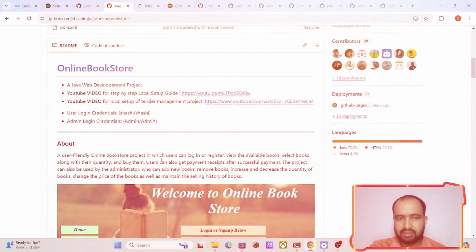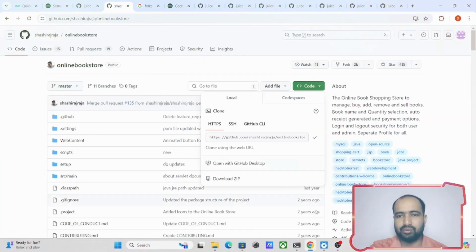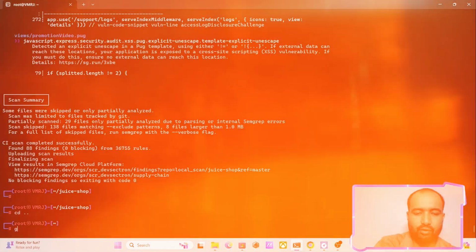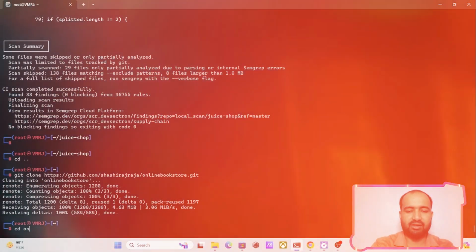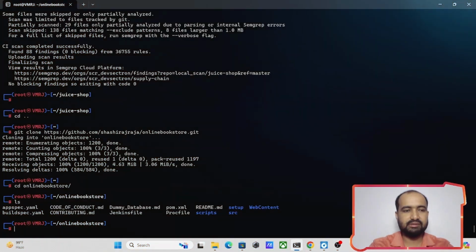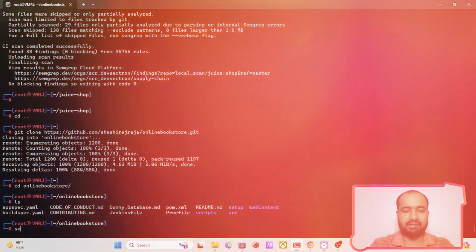Online bookstore, live application. Let's clone this repository. Git clone. Go into this folder, online bookstore. Okay, all the files are here. Command: semgrep